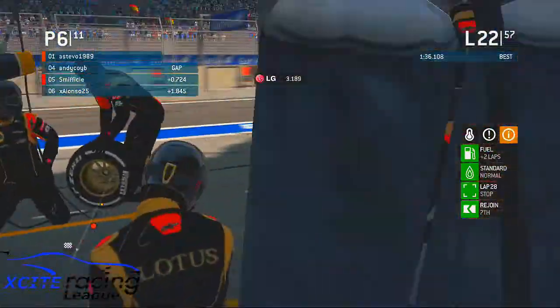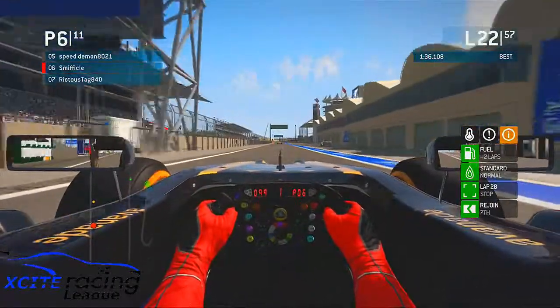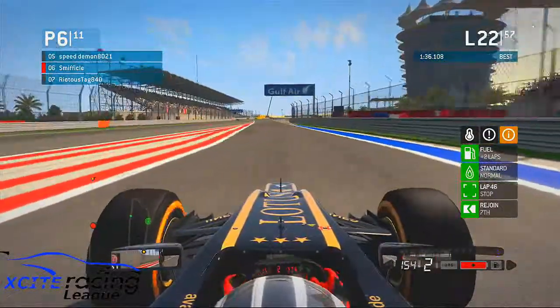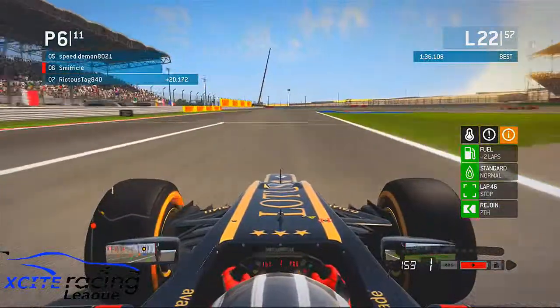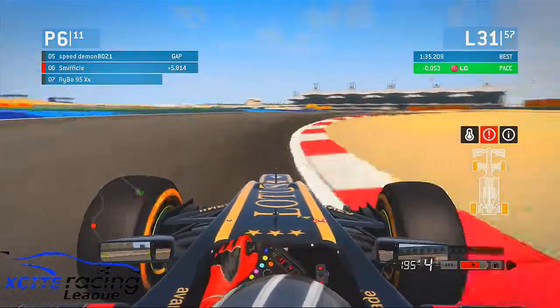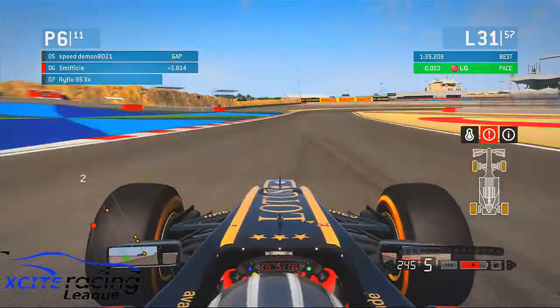Now let's try and make these last, because you know, this is going to be an important stint for us. I mean, we've not done that bad. Speed Dem's ahead of us, but I believe he was ahead of us before the pit stops anyway. It's important that I push now on this stint, and try and keep in pace with the leaders. And lap 31 we ain't really made any progress of anything, but